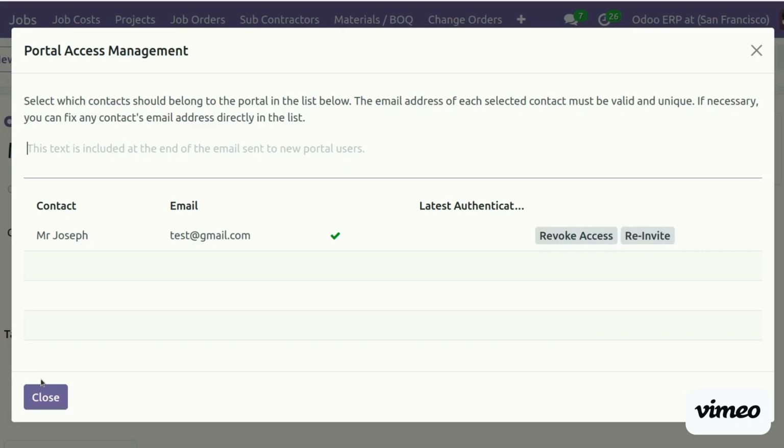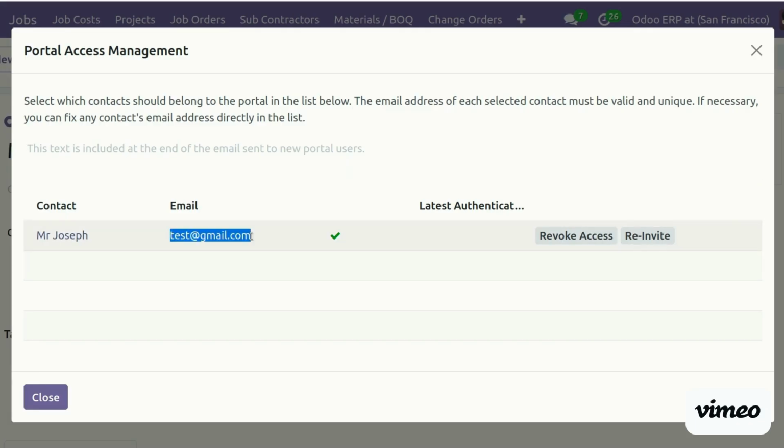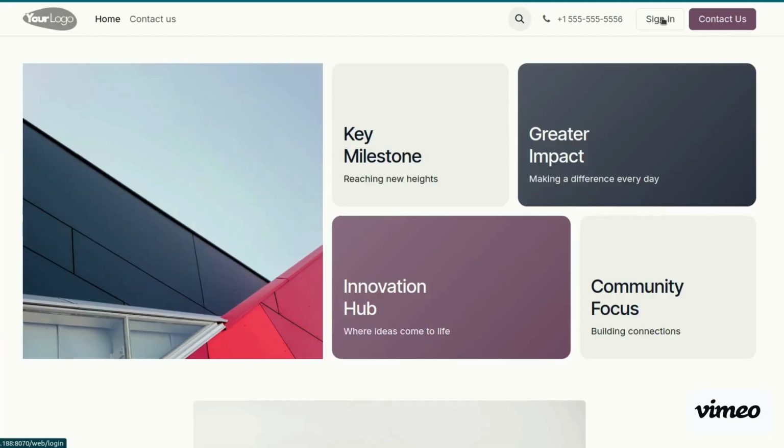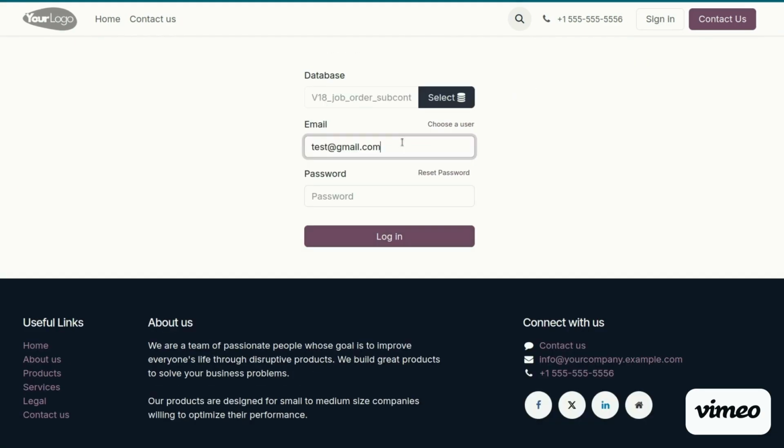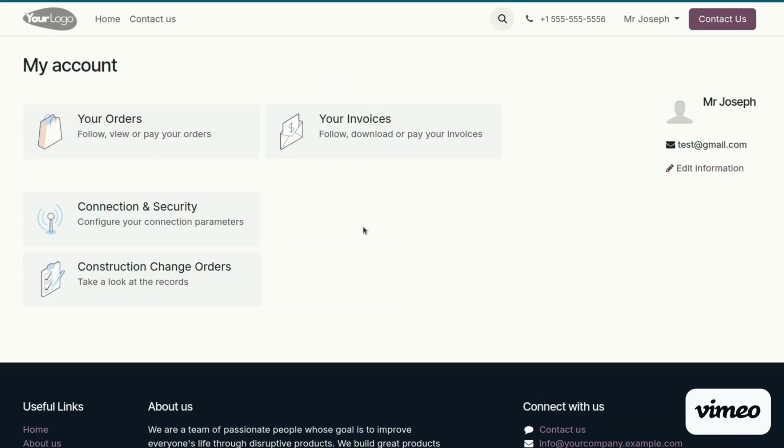Let's see how the customer will access the portal. Let's log in with the customer portal. We already have customer access, so we can log in with the customer portal. If we don't want to manually approve the change order, in this case the customer will log in on the portal